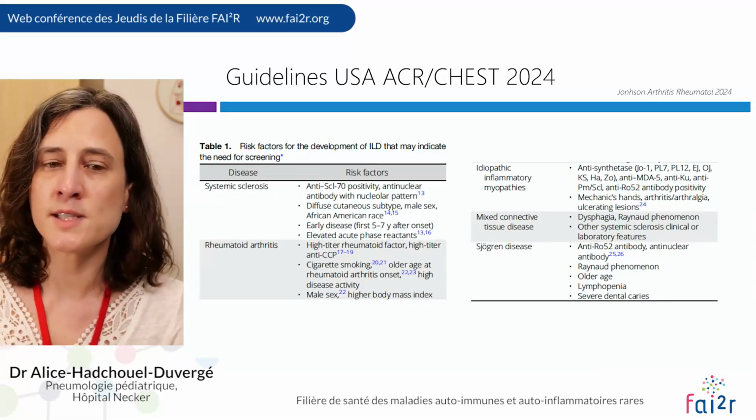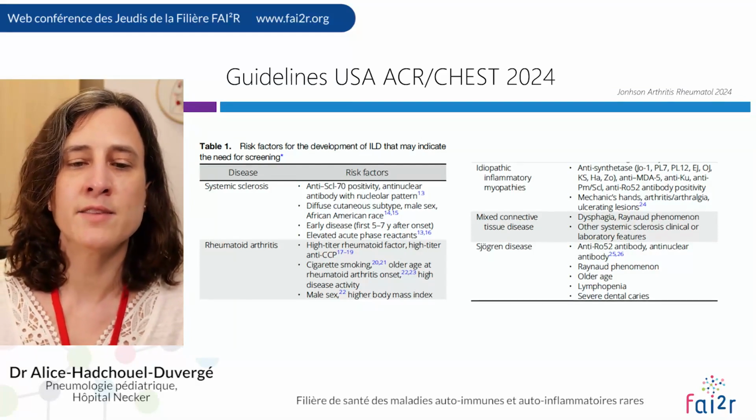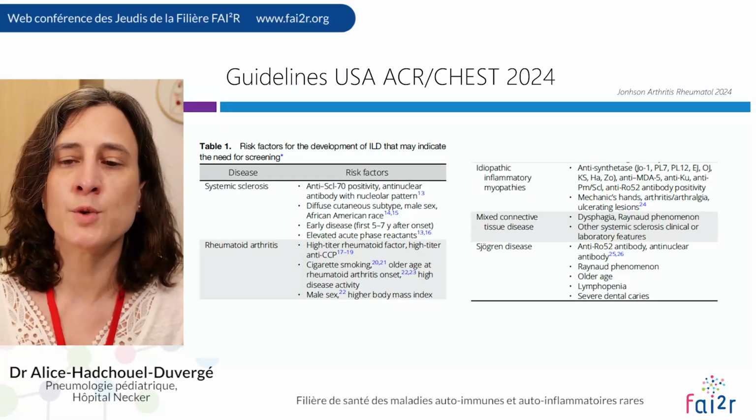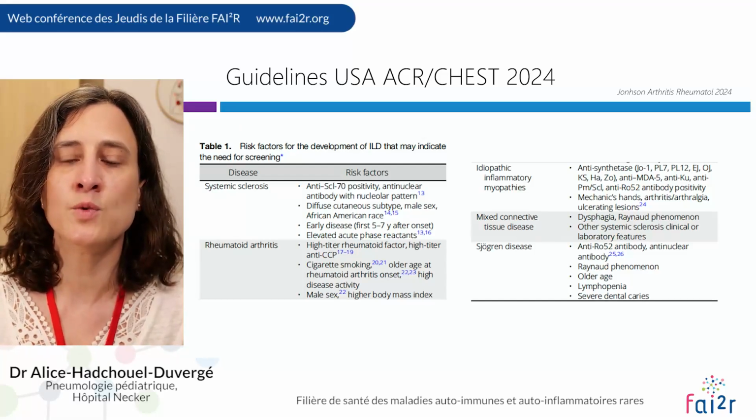In systemic sclerosis, risk factors are positivity for anti-SCL70 autoantibodies, having a diffuse cutaneous subtype, and male sex. In idiopathic inflammatory myopathies, the positivity of anti-synthetase autoantibodies, but also the positivity of anti-MDA5, anti-KU, anti-PM-Scl, and anti-Ro52 are also